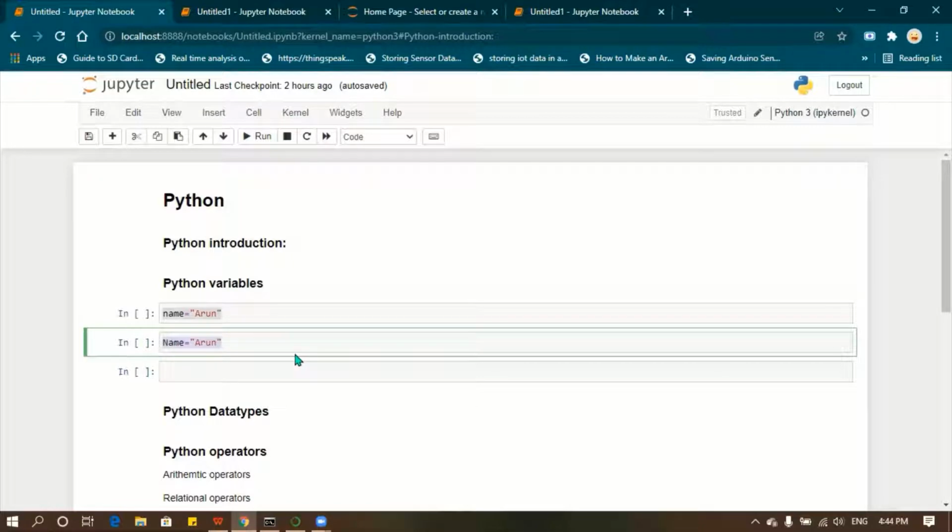Whenever you use the variable name, make sure you use the correct one. If you are using small letters, it should be in small letters. If you use capital letters, it should be capitalized. If you use uppercase, it should be everything in uppercase throughout your program. The variable name should not be changed; the values can be changed, but the variable name cannot.